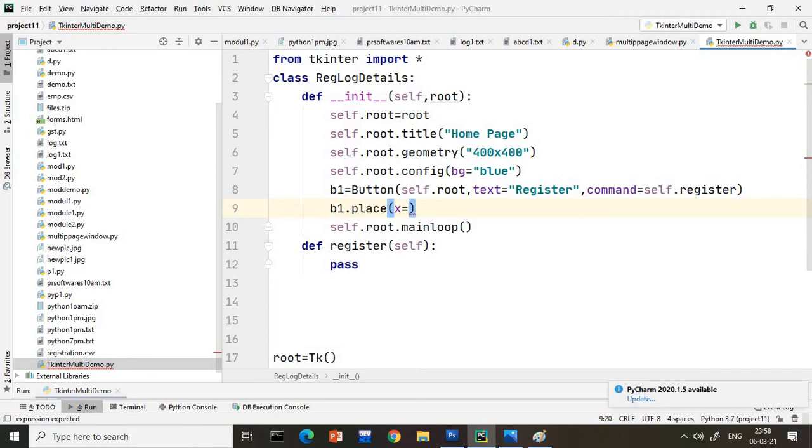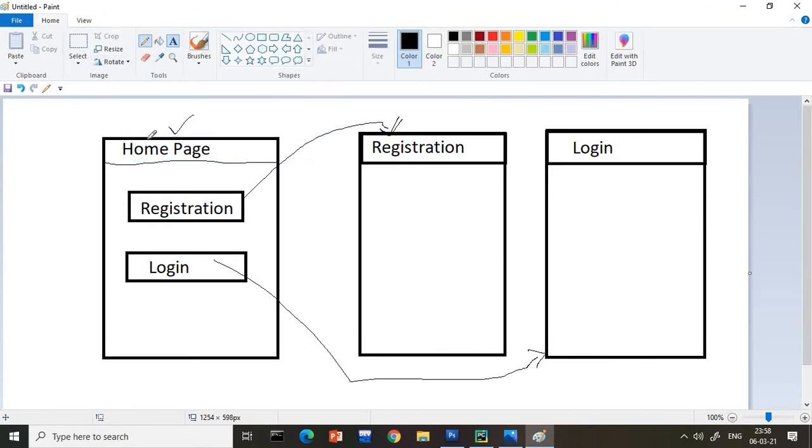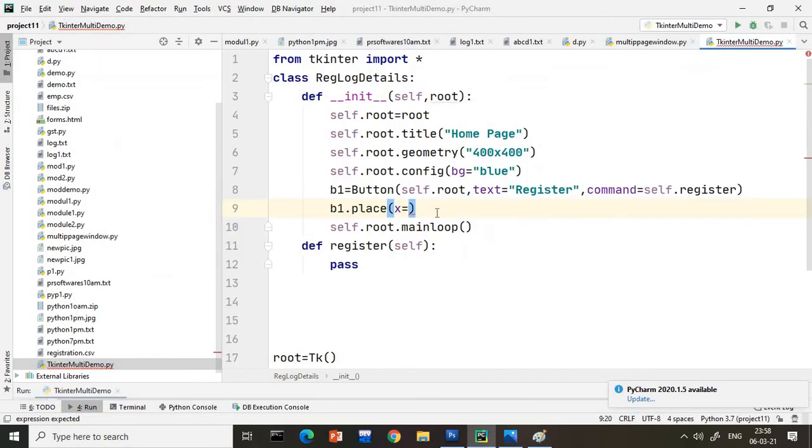Those who are totally new to this, you have to remember x-axis is from this side, if you assume that this distance we call the x-axis, and from the top to here this distance we call the y-axis. So here I want the x-axis to be around 100 and the y-axis I will take as around 70. Anything, however you want you can take it. This is my button number 1.